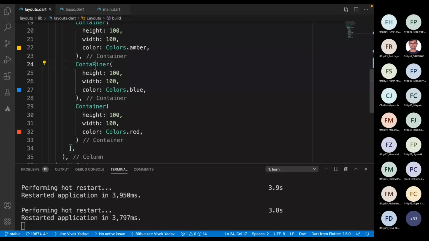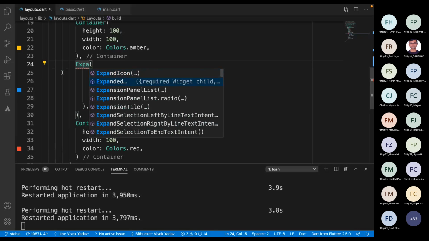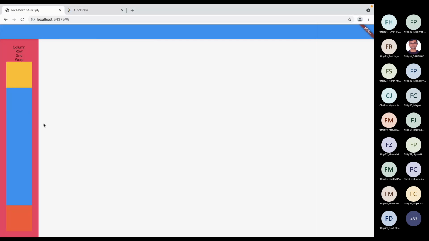And as soon as we add a widget known as expanded, it is taking all the space available to it, or I can say this particular widget is expanded to its maximum height, right?